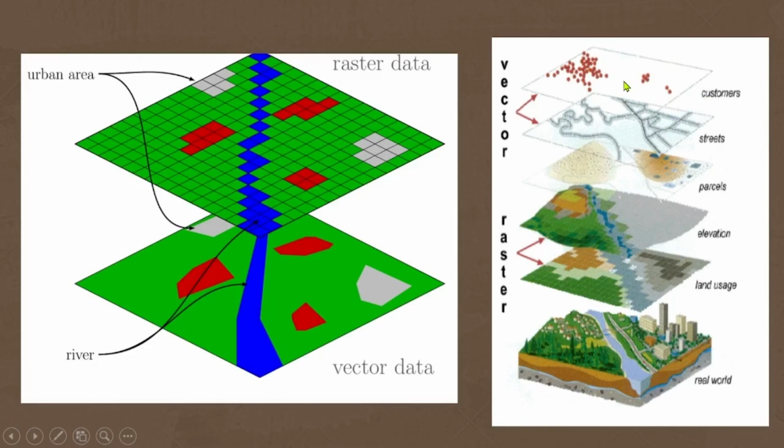Then again, see the customers, or the houses, or the cities, that can be represented like this by dot and all. So that is vector data. When you talk about streets and all, that is represented by lines all over, that is again vector data. So I hope that you would have understood vector data, raster data, and image data. Image data is a simple pictorial data that is there.